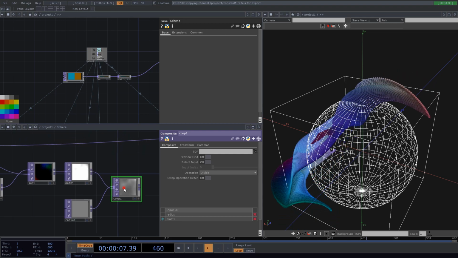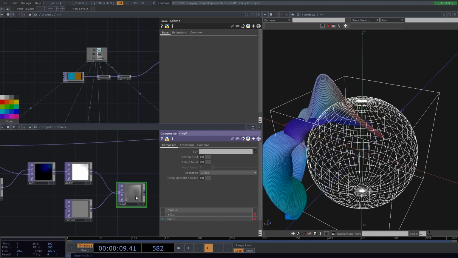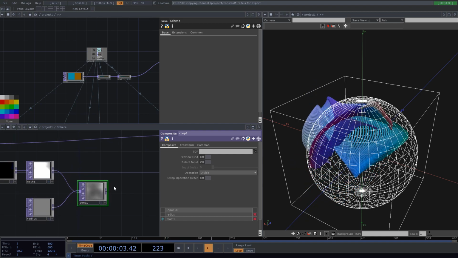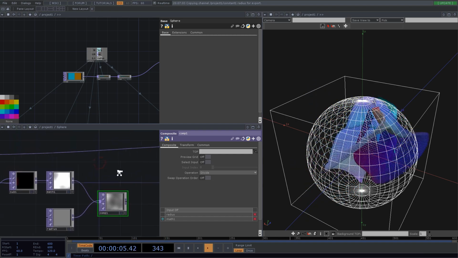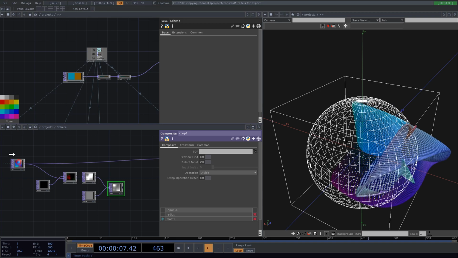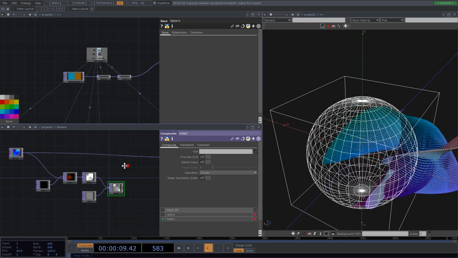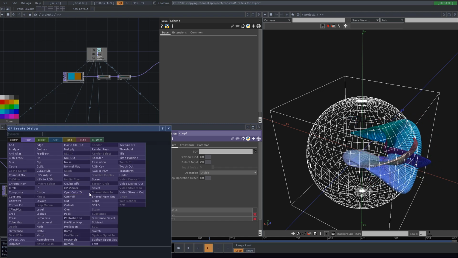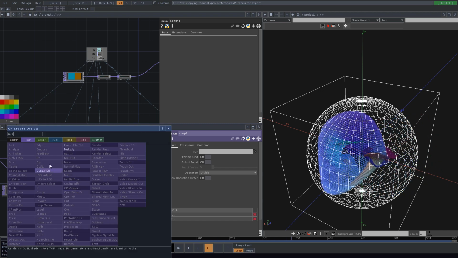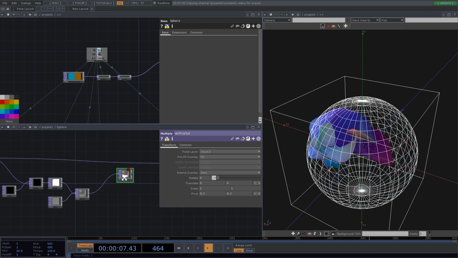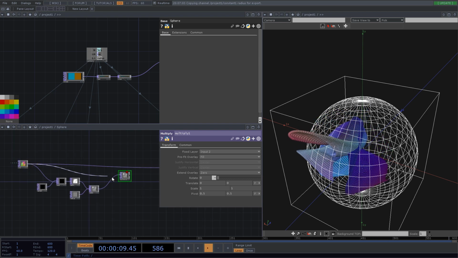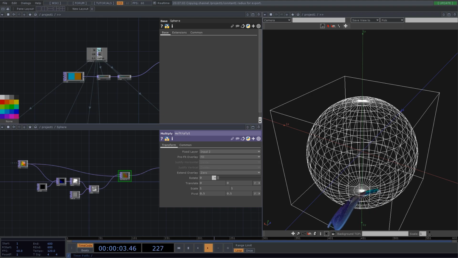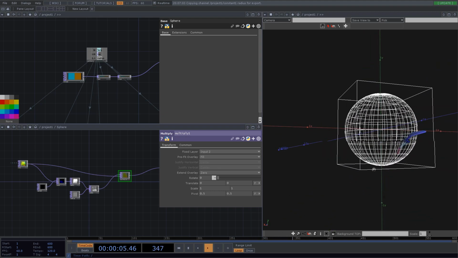Okay, now let's multiply those points with this fraction. So let's say multiply. No,